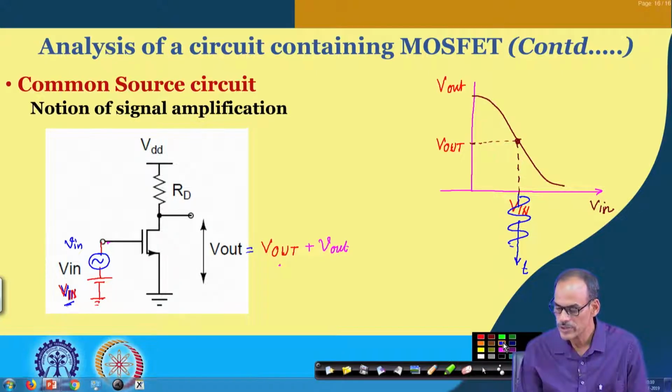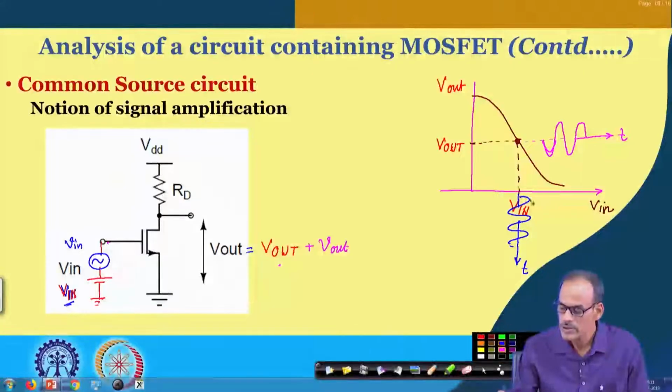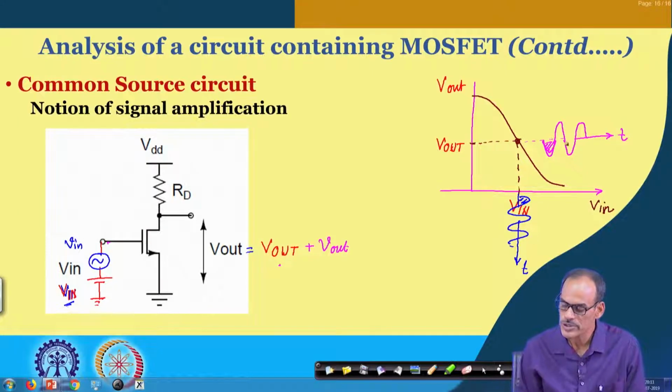So, at the output we are expecting that this will be going down and then up, down and up with respect to time. So, you may say that this is the small signal input, the corresponding effect it is coming here, and as I said, the small signal input to small signal output gives us another transfer characteristic,